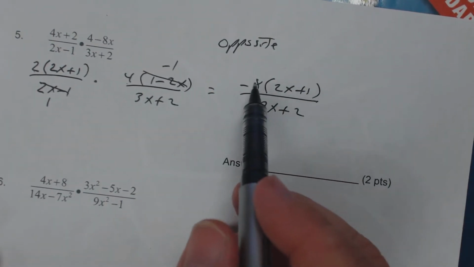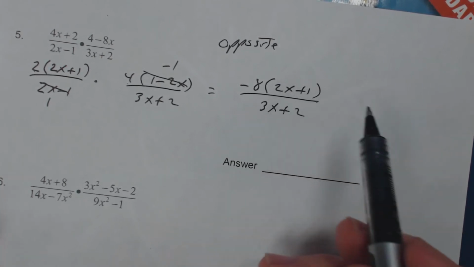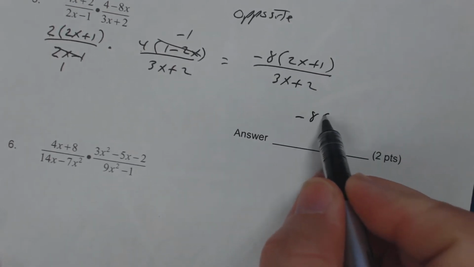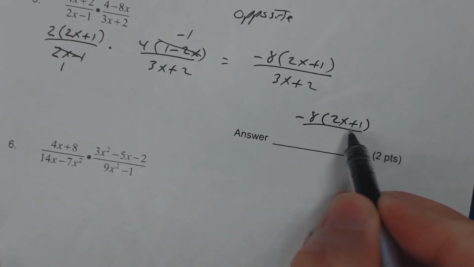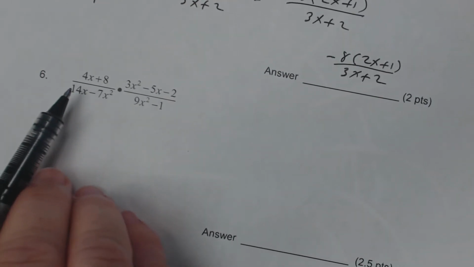All right. Now, just go ahead and leave your numerator in factored form. You don't have to multiply it out unless they tell you to. So the answer is negative 8 times 2x plus 1 divided by 3x plus 2. Okay, so in the next one, you